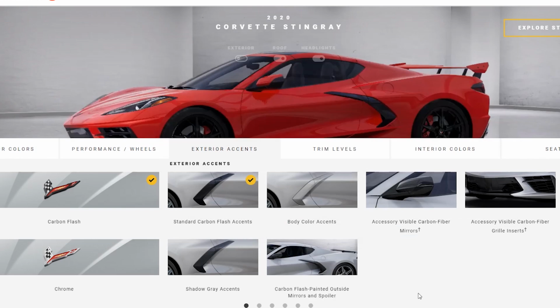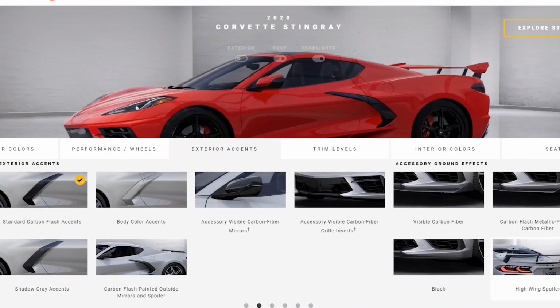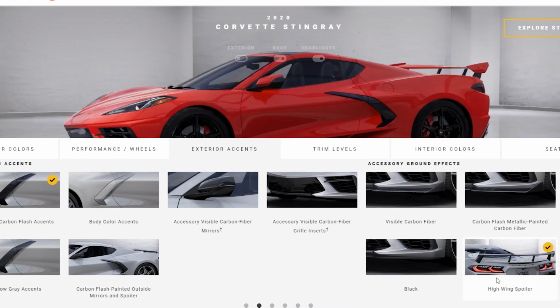The next page is an important one because it is all of your exterior accents. You have carbon flash over here or chrome, and those are actually included in your base pricing, so you don't have to worry about it. You can either choose chrome or carbon flash, and that includes with these little body color accents around the air intake. From there, we can also check out several different options that aren't included in the pricing. An option such as the carbon flash painted outside mirrors is only $100, but if you want to move up to the true carbon fiber mirrors, that's going to set you back